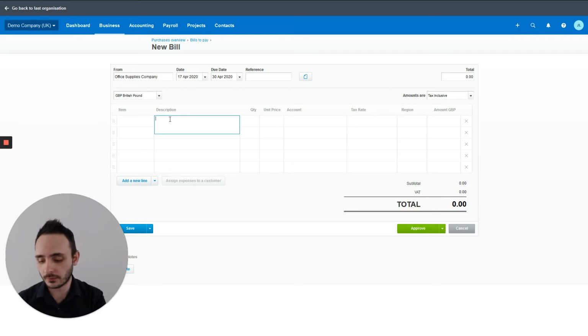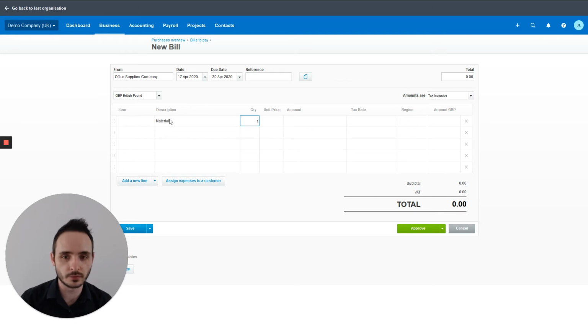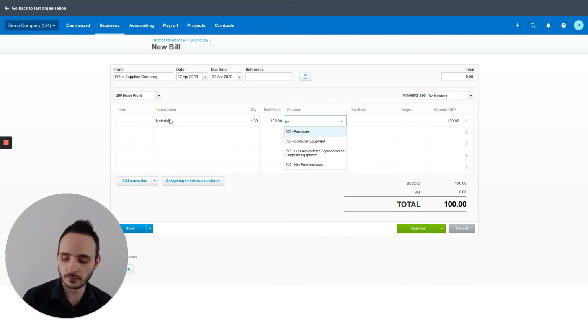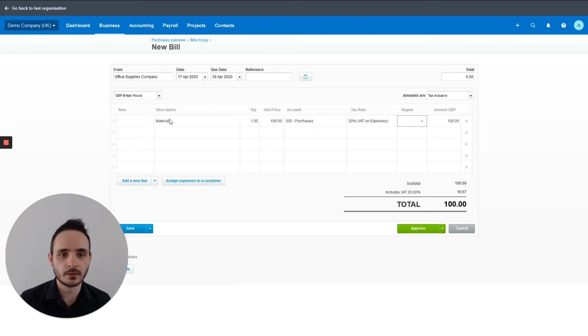And again, let's just put in some dummy, nice and simple. We've got £100 worth of materials, which is a cost of sale. Straight up with the VAT rate. The VAT rate will be applied on a category basis as well. So if you put, say, an insurance bill in here, it should be set to go straight to exempt and